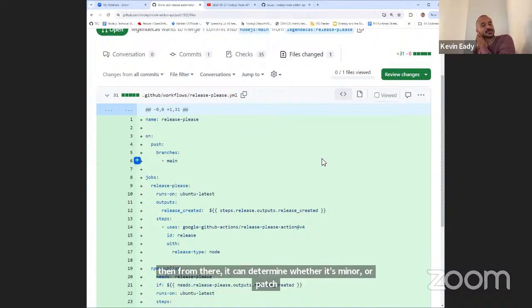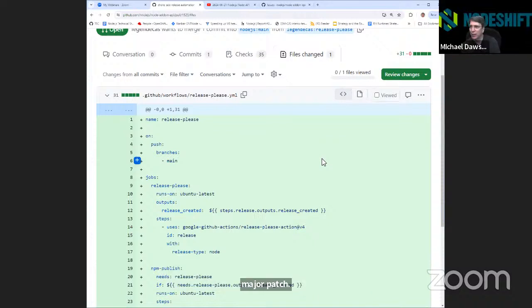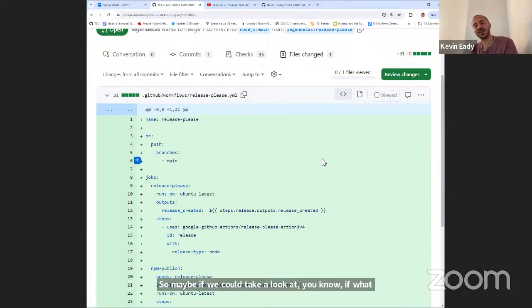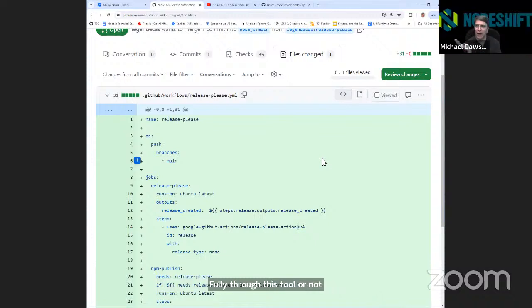So it makes sense for people to read up on it. Yeah, because we have documentation for what we need to do when we create a release. So maybe we could take a look at whether what we usually do manually is done fully through this tool or not. And Vladimir, if you've seen other ones that work well, maybe you could post some comments that just say, here's another one I see that works well, and we can look at a few of the options people have seen and figure out which fits best.